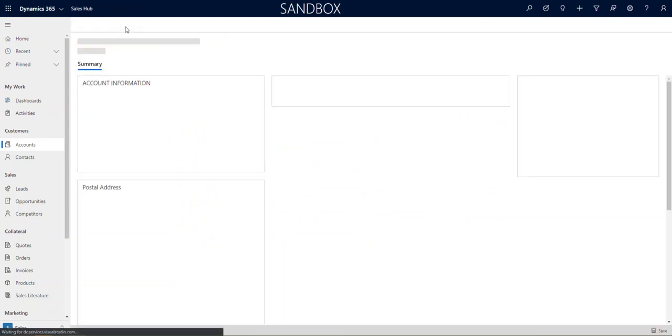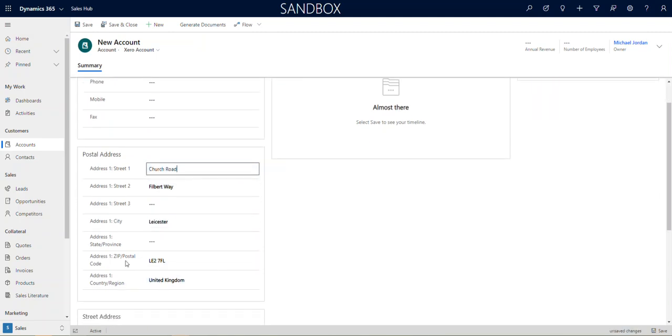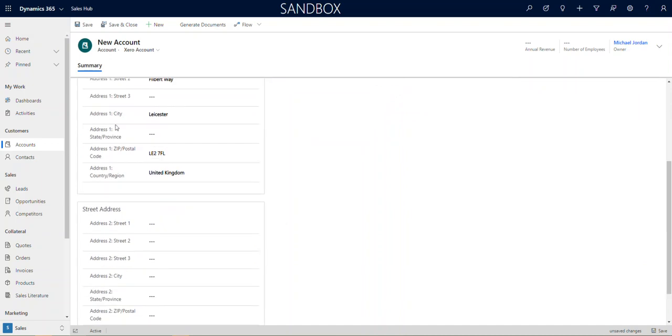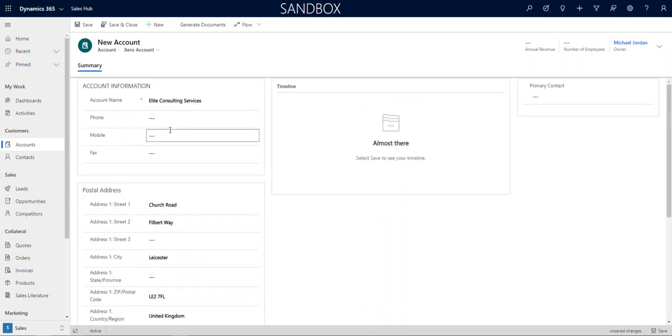Now if I click new and I create a brand new account and I call it something consulting services. So this is just a company that have come to us. We're adding them to the system. They don't already exist in here. We can then add in some address information over here. You can have a billing address and shipping address if you wanted to fill all this out as well. You might want to just put the same address in there if you need to. And then a phone number if we need to do something like that,